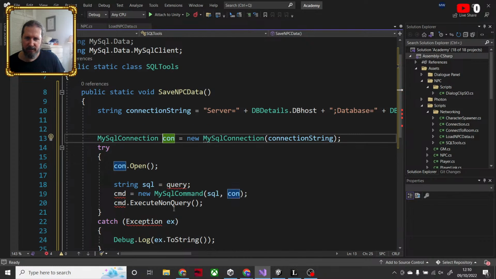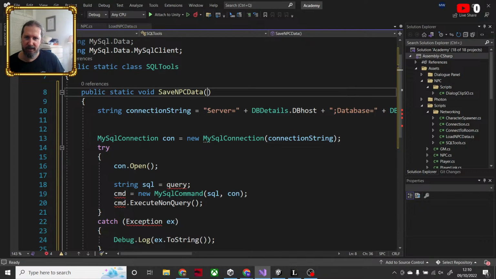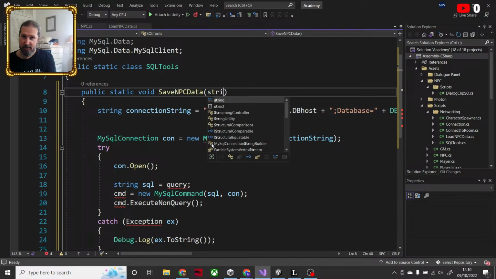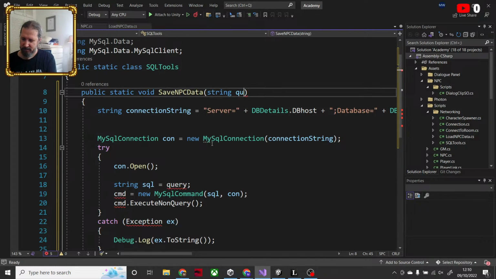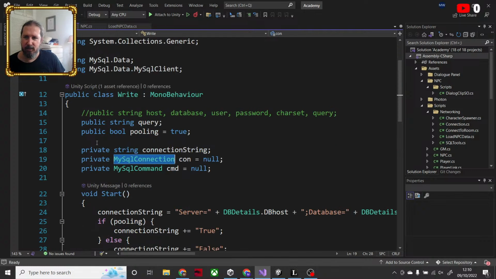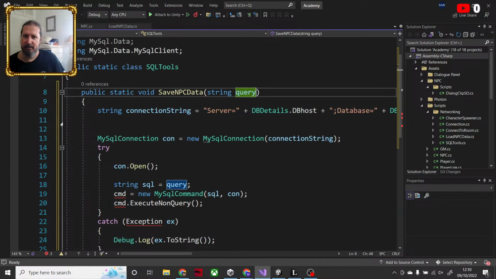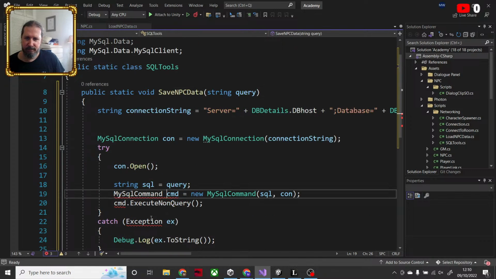Okay, that fixes that. The query is the, I haven't made the query yet. That will be up here. So let me just say string query. The command is what? This. Let's go command. That fixes that.